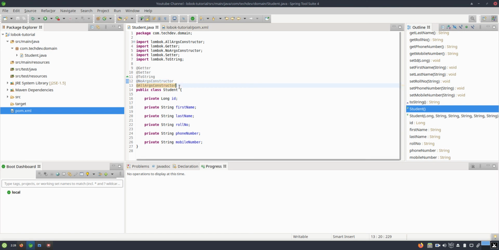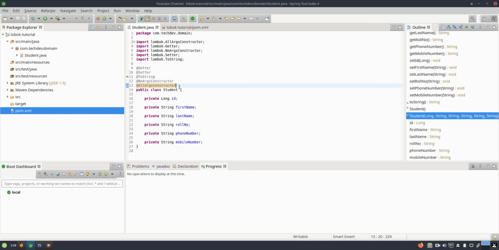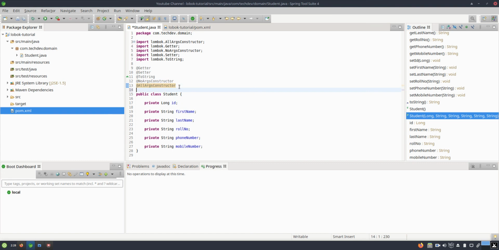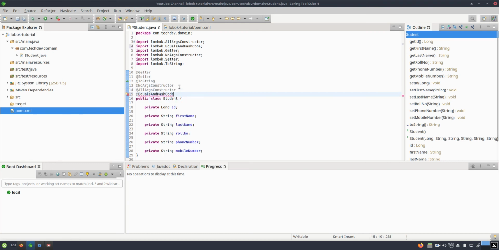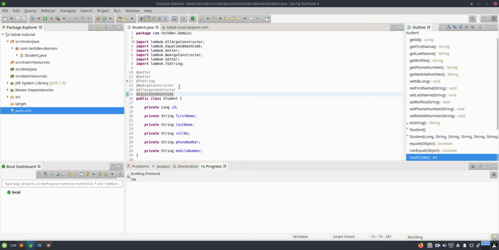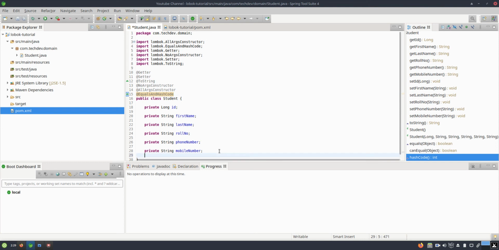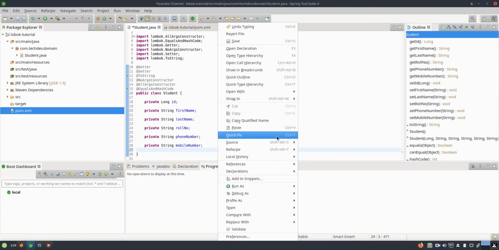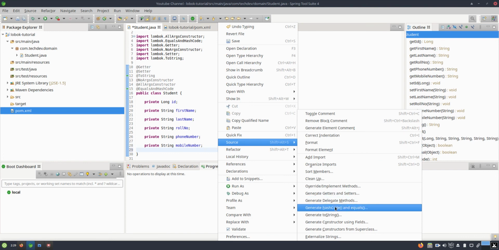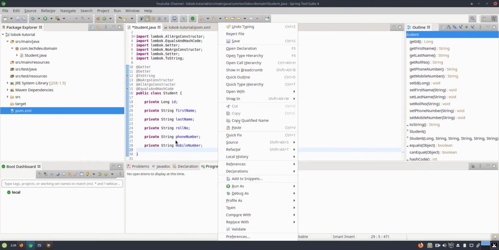Let's start with one more annotation which will help you for the hashCode and equals methods, that is @EqualsAndHashCode. The equals and hashCode methods are similar to the ones you override in the basic way, that is, right click, go to Source, and then generate hashCode and equals.